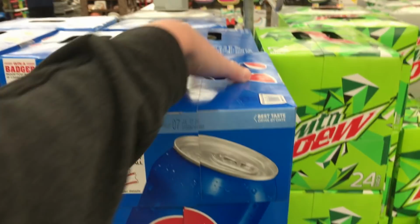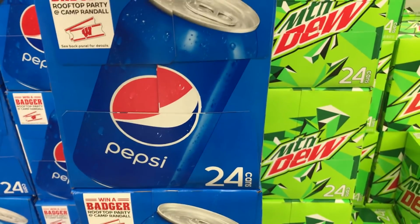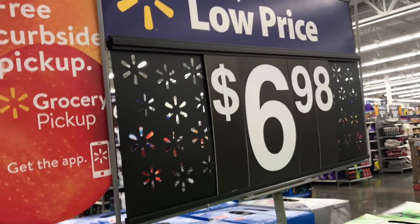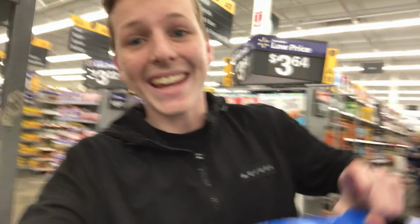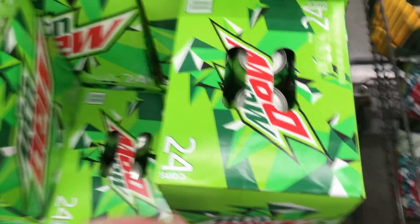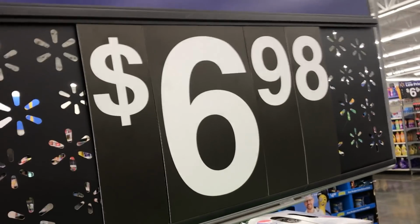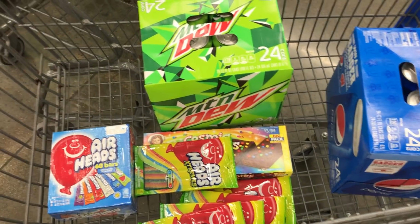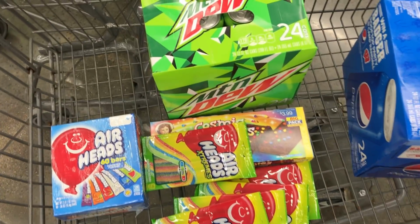So I'm gonna be getting a case of Pepsi, and there's 24 cans in one case, and the cost is $6.98. I'm going to be reselling each can for $1, so that's going to be a pretty big profit if I'm able to sell every single can of Pepsi. I'm also going to be getting Mountain Dew. There are 24 cans in one case. This is also selling for $6.98. Now that I have everything you see right here, we are pretty much set to go to sell candy